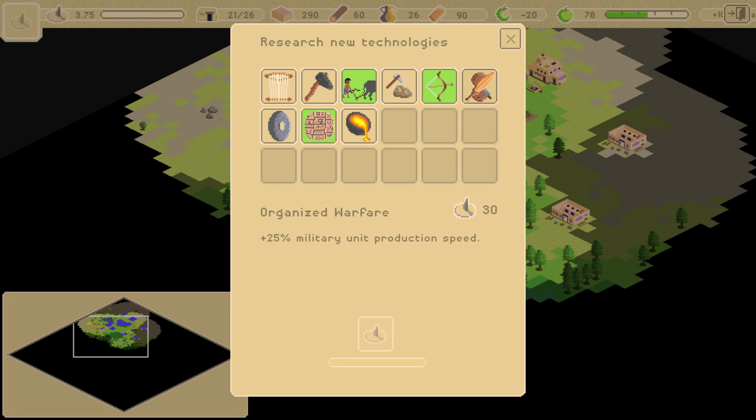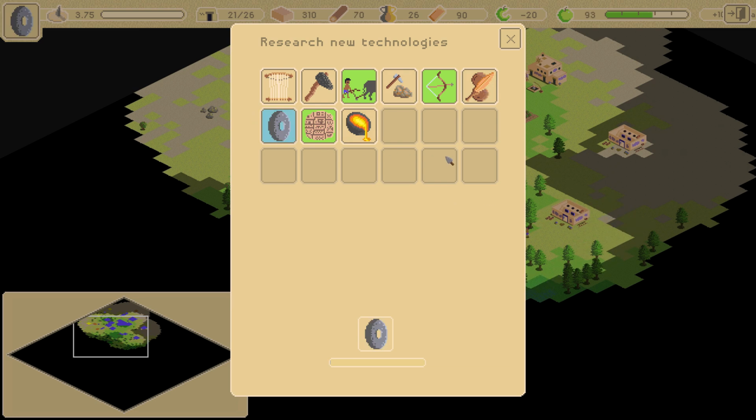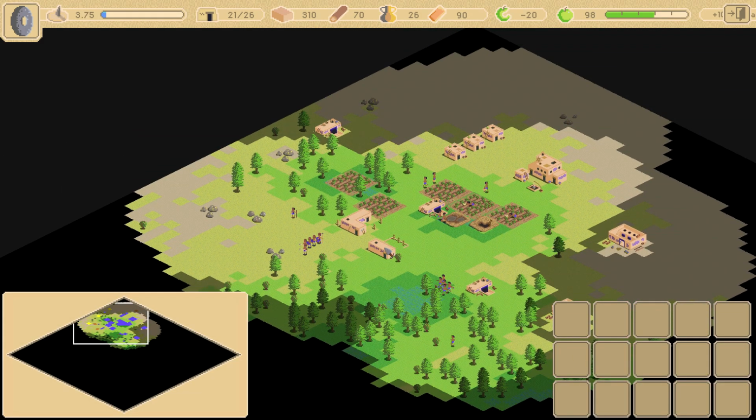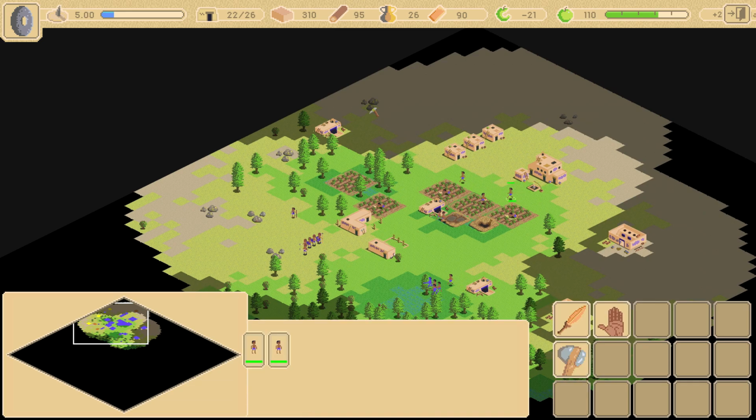Okay, organized warfare. Production speed, that is nice, but not that big of a deal. This one here sounds good. This one here sounds good indeed. Yeah, once we have a nice army, we're going to move out. I'm not quite sure how good the AI here actually is. How much stuff they build, and...